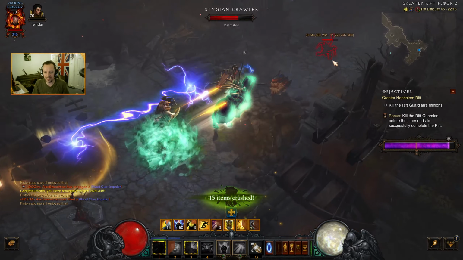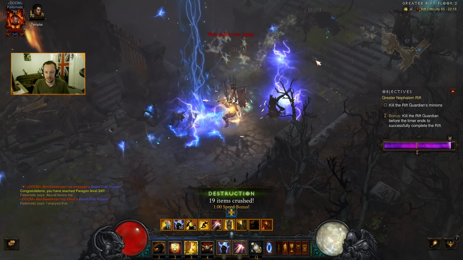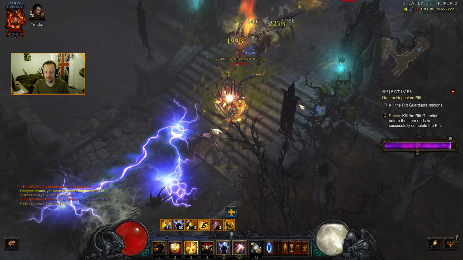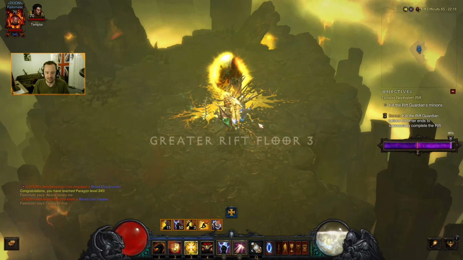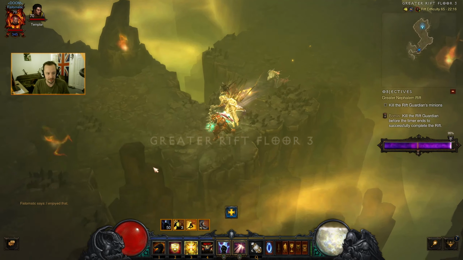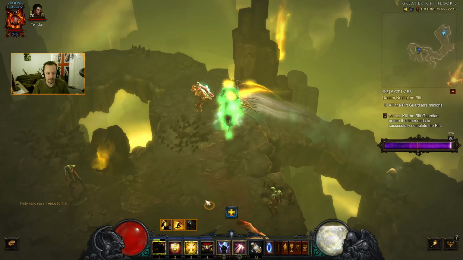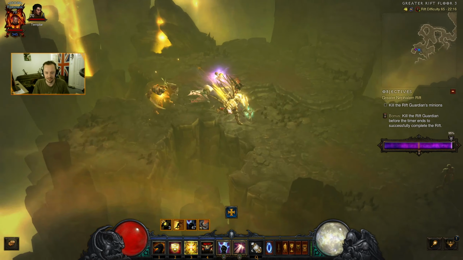I really want to save it for the Rift Guardian, which is not going to be too far away. Whether that ends up being a mistake or not is anyone's guess. Let's move on through. Oh god, this is going to be a horrible place to fight the Rift Guardian. Let's go to another realm where everything is horrible and all verticality and...